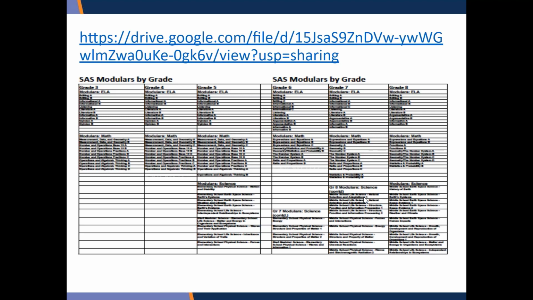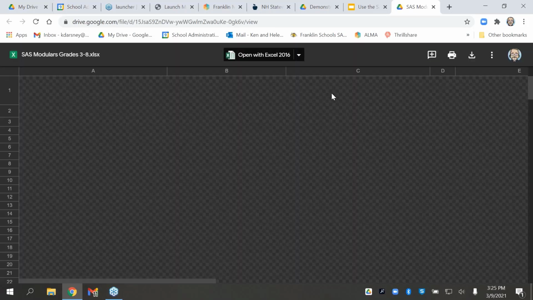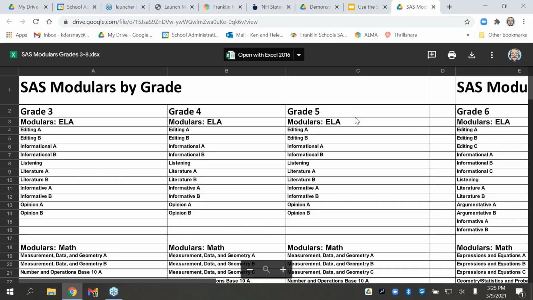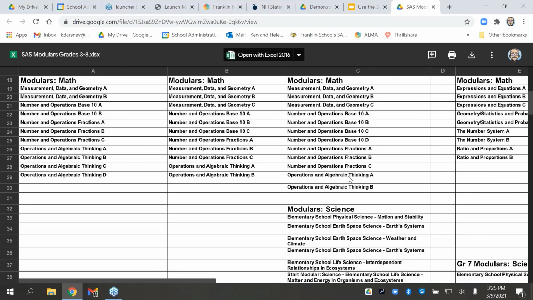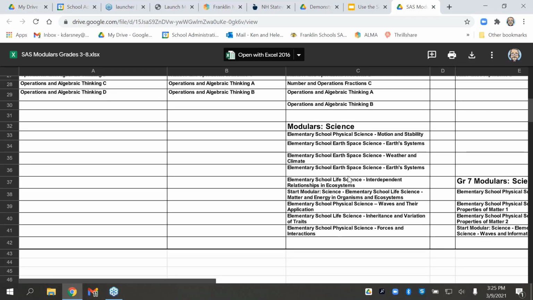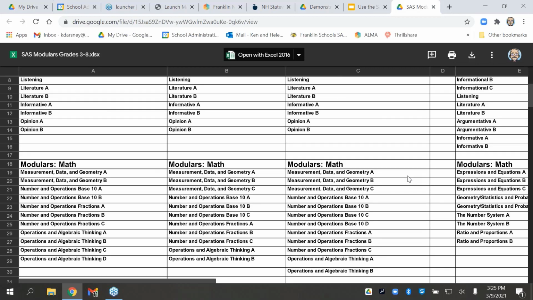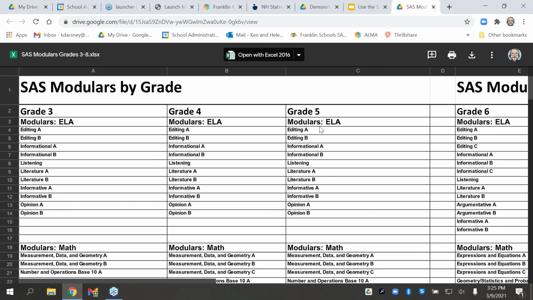And yes, unfortunately, we didn't get to take them this past spring, but we are going to take them this coming spring. So what we have done as a staff is we've taken the time, and I don't expect you all to read this. When you get this, if you click on the link, you can see this is the list of all the different tests that they have available, and it's free for you guys to have on the modulars by grade. So each of these are available, and when you go to NHARAS, which is now called Cambium, you can find all of the assessments to give to your kids.